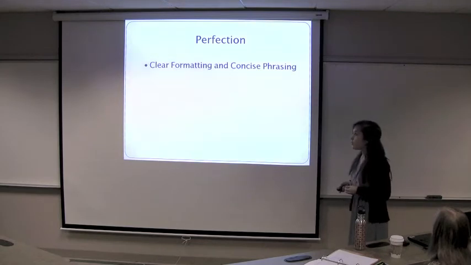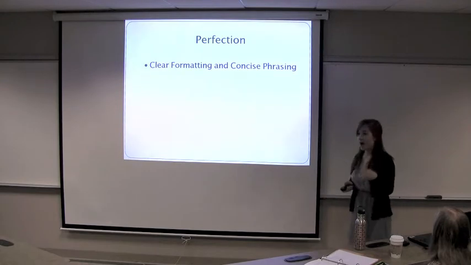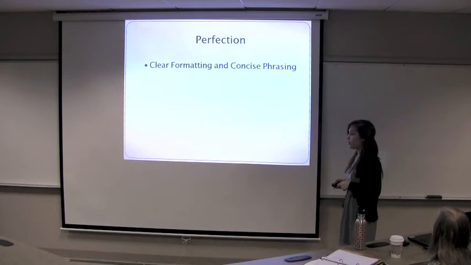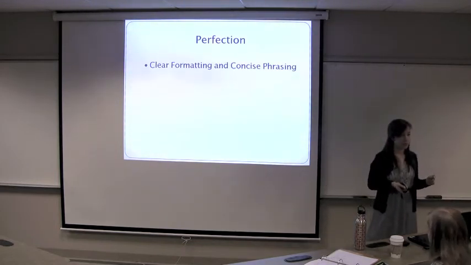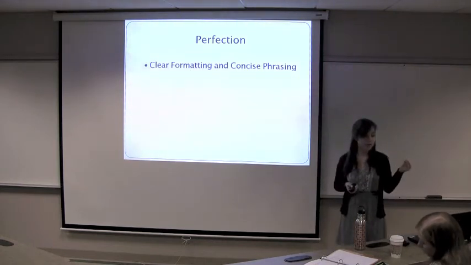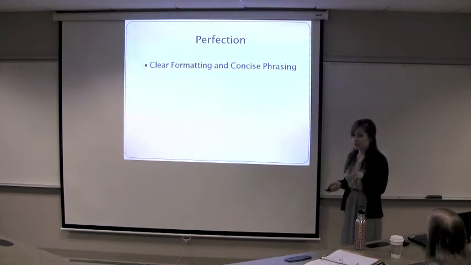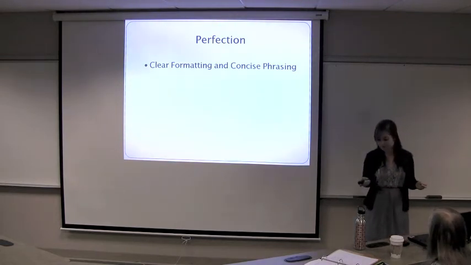So you want clear formatting and concise phrasing. With the clear formatting, if it's outlining, or maybe you want to underline or italicize certain points that are really important, and again, you don't want to overdo it, so that can get messy if you do too many bullet points or italics, but where it's really important, you want to make sure that it pops out and grabs their attention, and you want the phrasing to be concise. You don't want extra words or confusing language that is just harder to read. You want it to be to the point and direct.